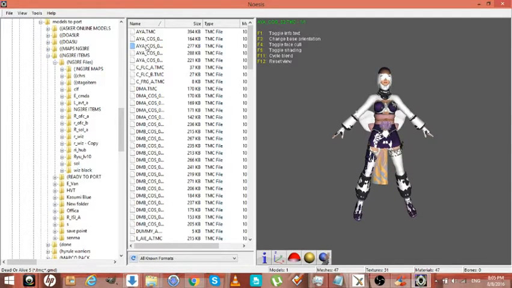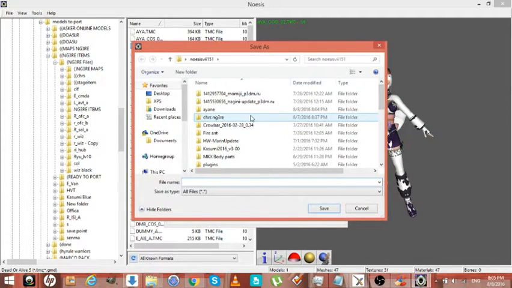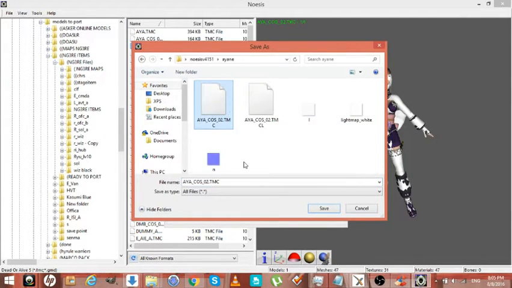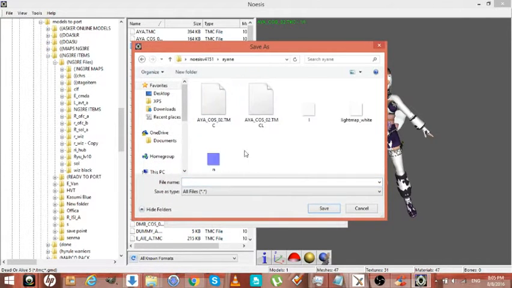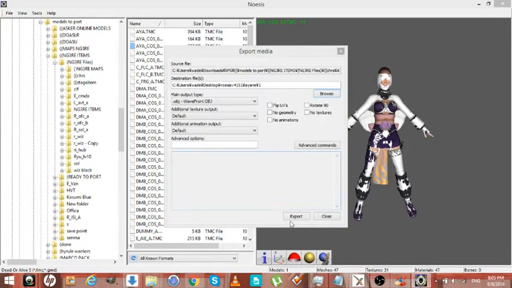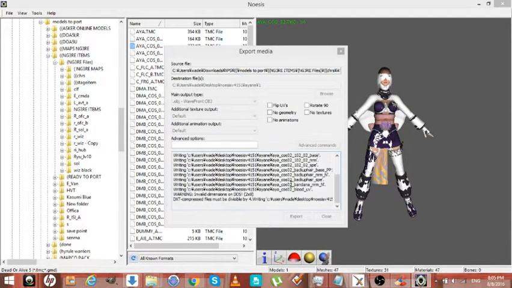Okay, now what we're going to do is export her as an OBJ default, because we just want all her textures. We're going to put her in Blender and turn her into an FBX file. And then from an FBX file, we're going to turn her into a MESH.ASCII file, or we're just going to call it MESH. But there is a downside to the XPS MESH, the XC importer for NOESIS: it sets all the render groups to 40, which is not really bad because